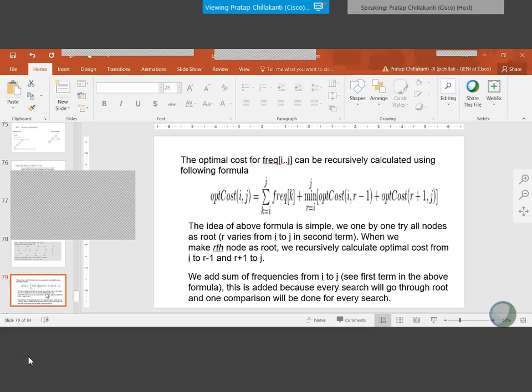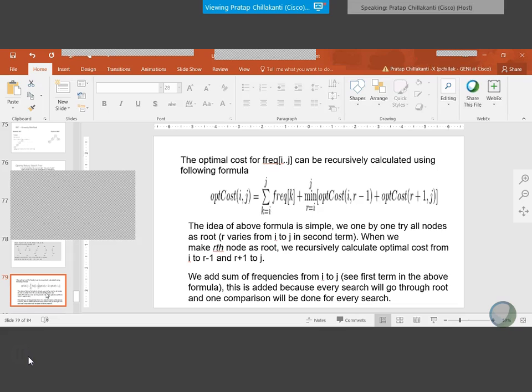Okay. So this one we don't have to understand right now because I want you to understand the code level, right? But what happens is we calculate the cost of ij. Ij are the elements, right? Element i to element j, remember, with the frequencies i to j correspondingly. How do we compute the cost? We have first element frequency of k. So that is the root. It's always at the root, right? The root is level 1. So 1 times frequency of k.